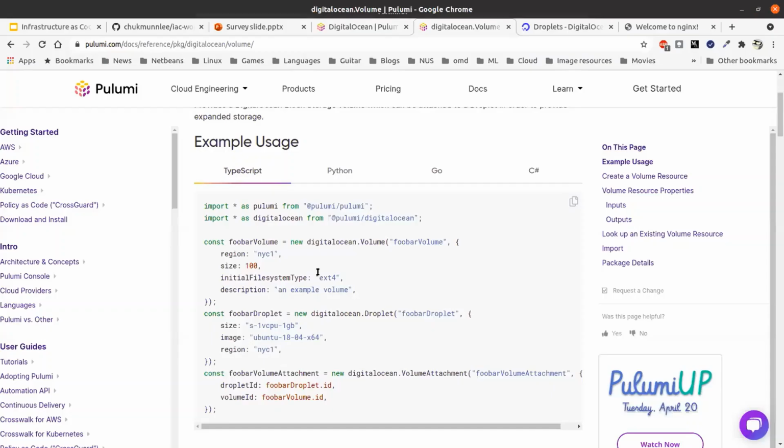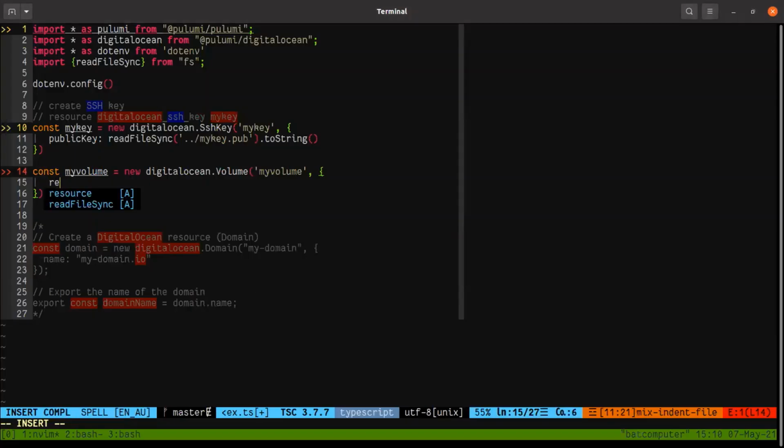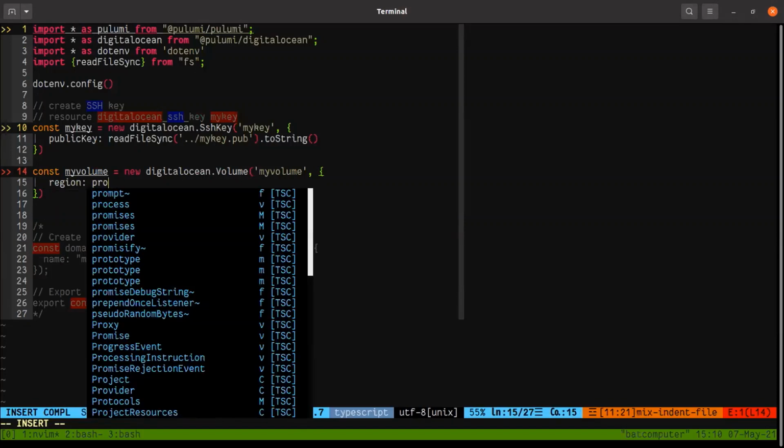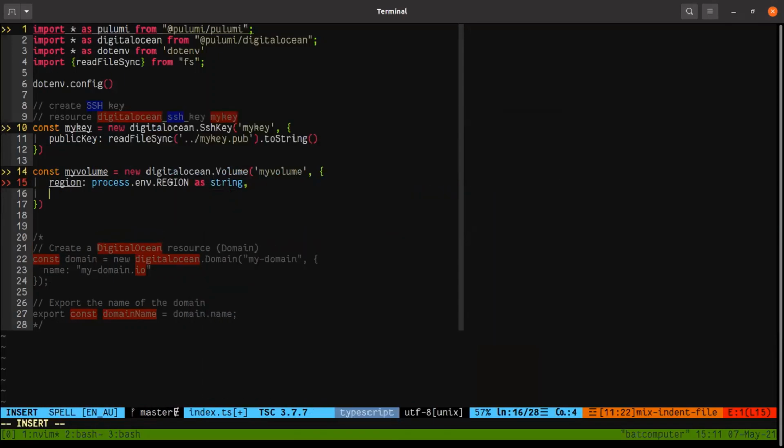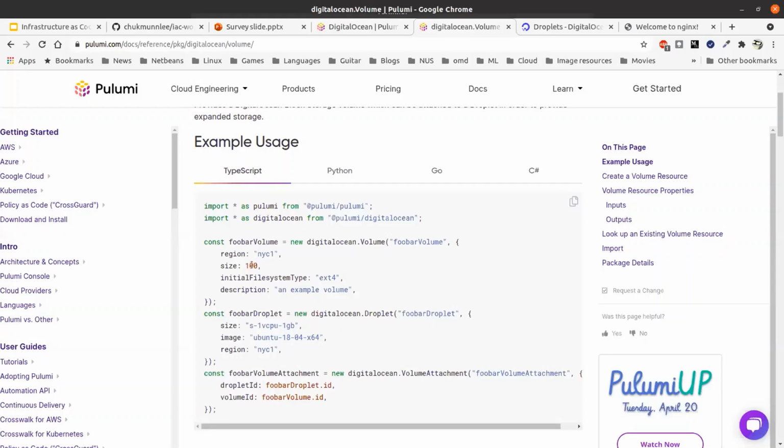So now I will say region, process env dot region. Okay. Right. So the next one that we will need is the size.